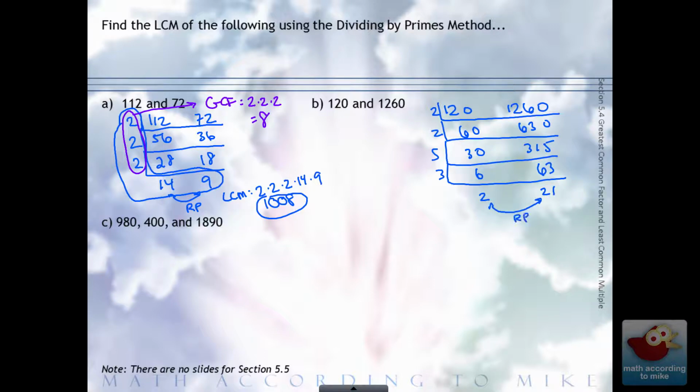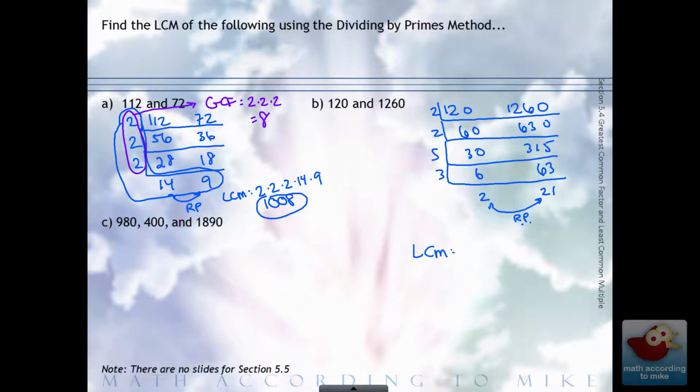Remember, that means their GCF is 1. Okay, pause the video. I want you to determine what the LCM and the GCF are before I tell you what the answers are. Welcome back. So the LCM,